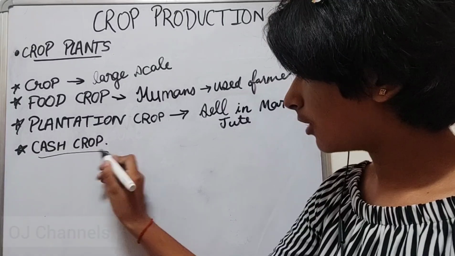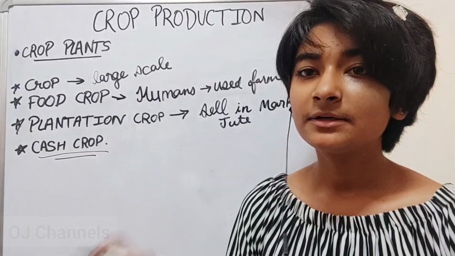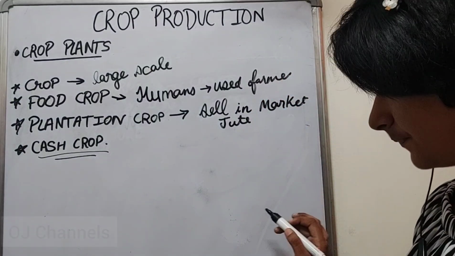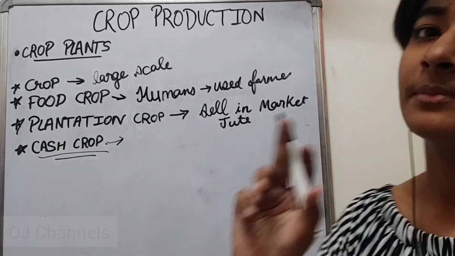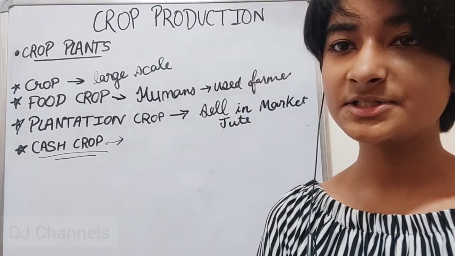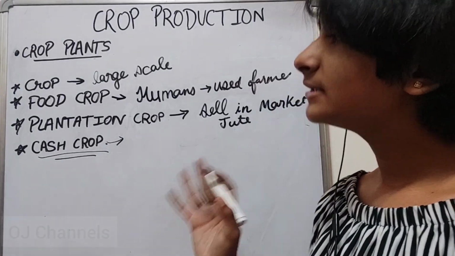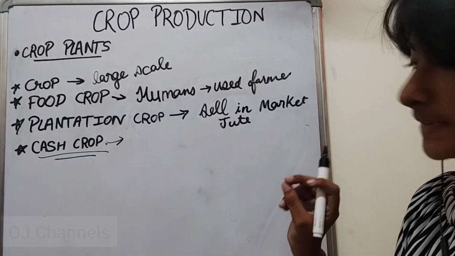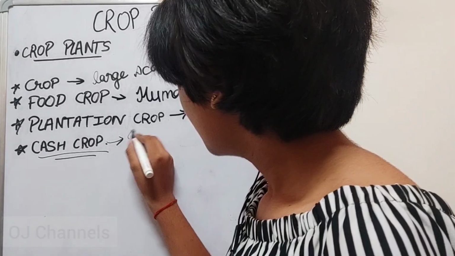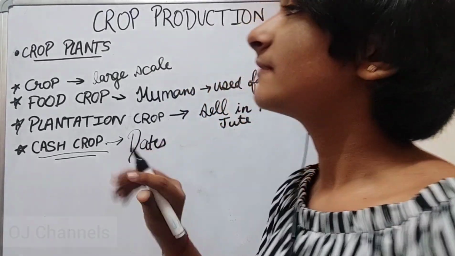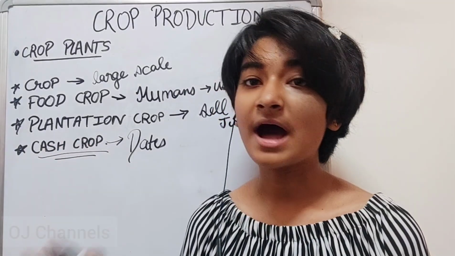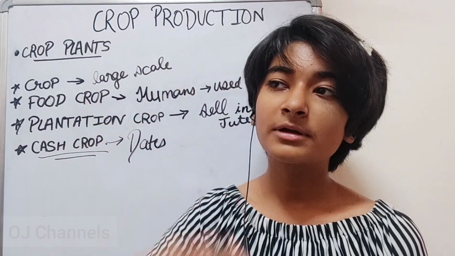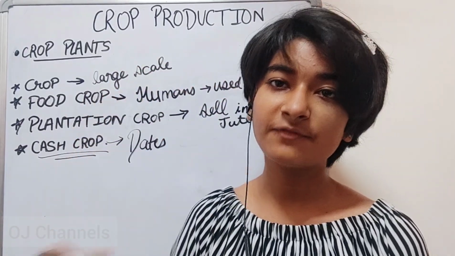But in cash crops it is different. The crop which is grown by the farmer is not used by him. कैश क्रॉप में जो क्रॉप जो फार्मर ग्रो करता है वो फार्मर यूज़ नहीं कर सकता, बिकॉज इट इज़ वेरी एक्सपेंसिव एंड द फार्मर कैन नॉट अफोर्ड इट. सो द एग्जाम्पल ऑफ कैश क्रॉप विल बी डेट्स, बिकॉज दीज डेट्स जो होते हैं दे आर वेरी एक्सपेंसिव, एंड इफ द फार्मर विल सेल दीज डेट्स इन द मार्केट देन इट विल बी रियली वेरी गुड, और वी कैन से इट विल बी रियली वेरी बेनिफिशियल फॉर द फार्मर.